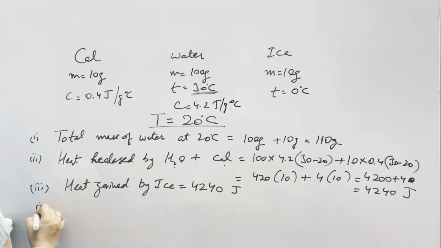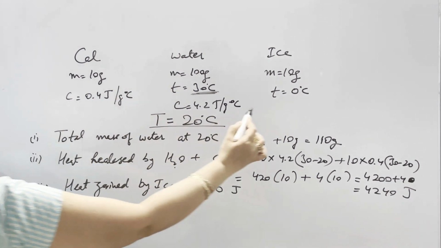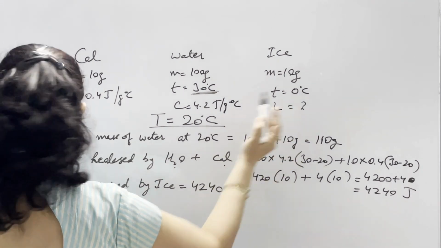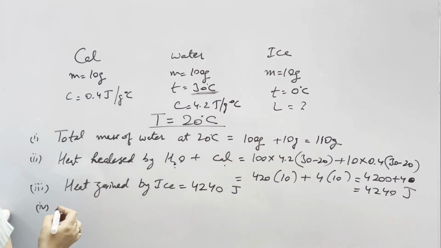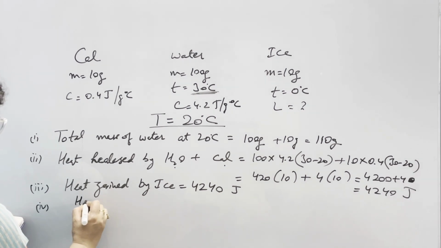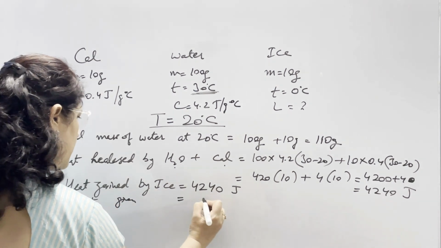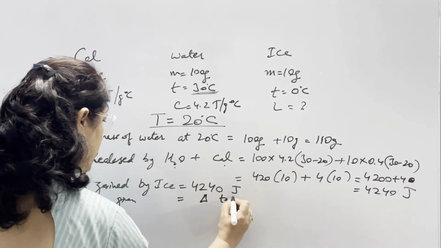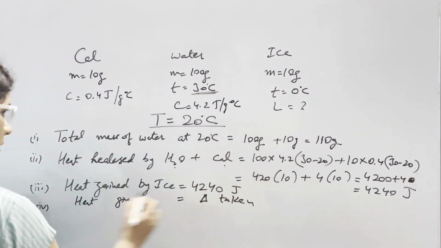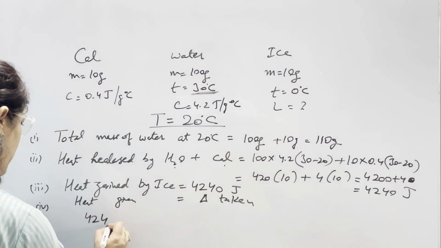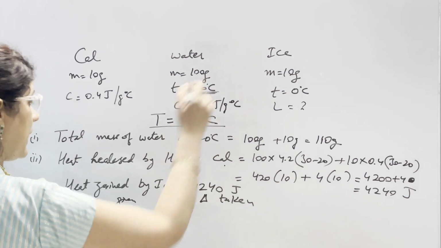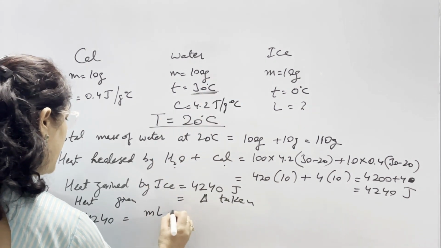In the last part, we need to calculate the L, which means specific latent heat of fusion of ice. This we need to calculate here. So we know, according to the principle of calorimetry, heat energy given is equal to heat energy taken. So heat given is what we have just calculated, 4240, and heat taken by ice is m into L plus